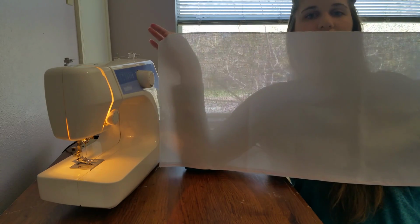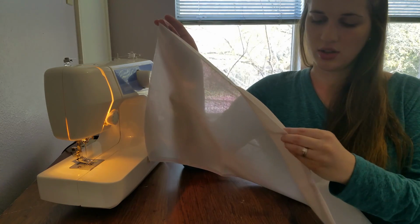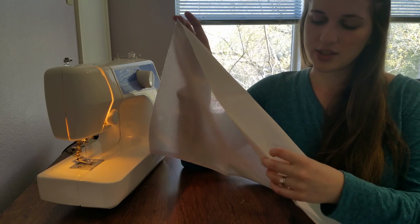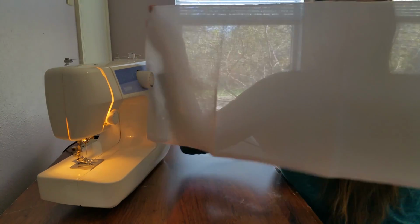Here it is. And I believe it was actually 36 inches long, but I have trimmed it down to 30 because I only want my dowel rods to not need to be that long. So trimmed it down to 30. Right now this piece of fabric is